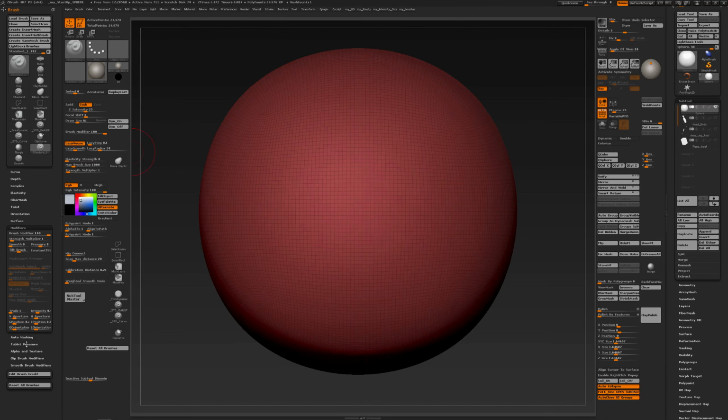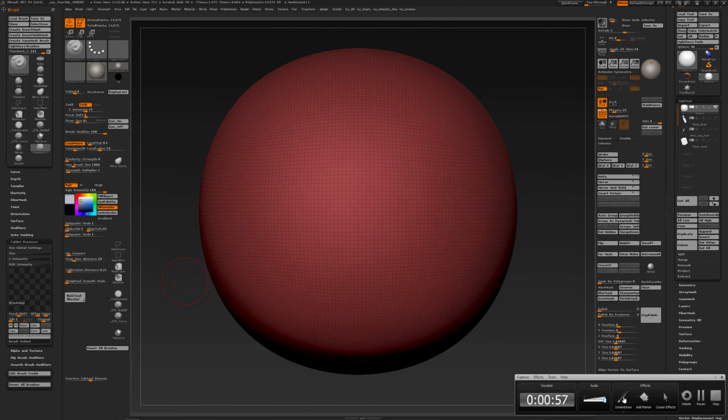If you go to your brush palette, tablet pressure, then you have a curve. If I close this, brush mod, this will control your brush modifier. So if you reset the curve, you see that both points on the curve are at the top, and this means that when I draw this out, you go from left to right,